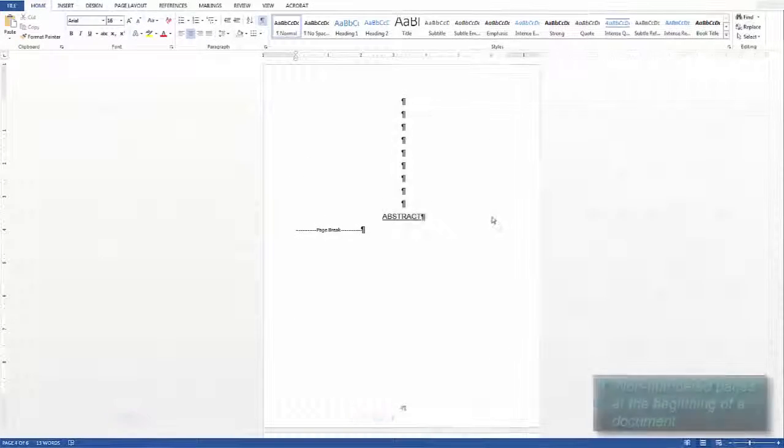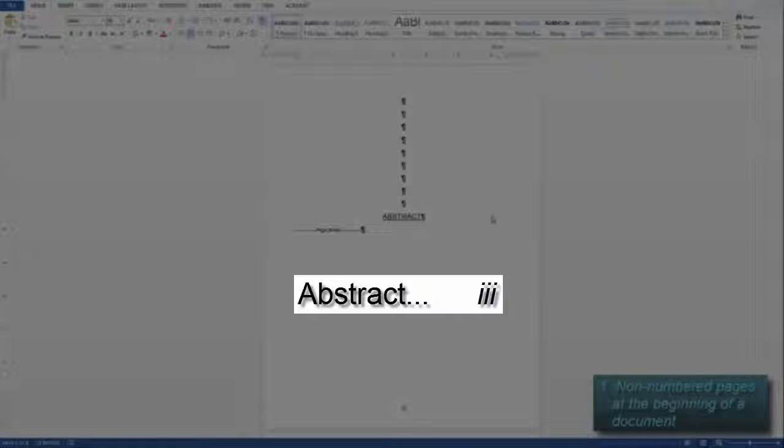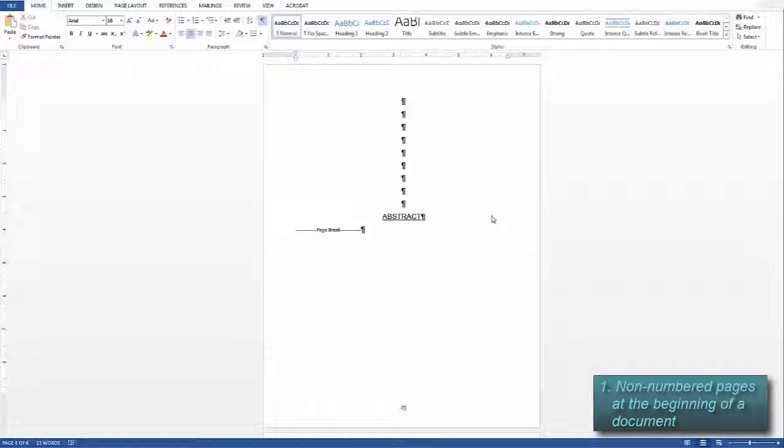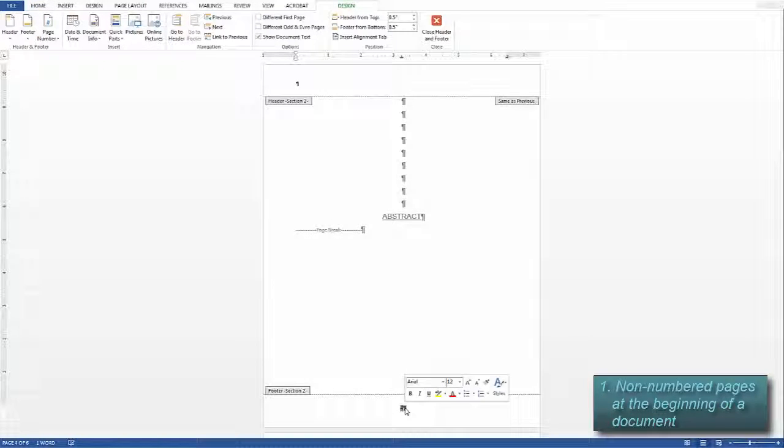If the numbering begins on a number other than the one you want, or is the wrong type of numeral, you can fix this too. The abstract should be Roman numeral 3, but it is currently Arabic numeral 4. To fix this, highlight the page number, then click the Insert tab.